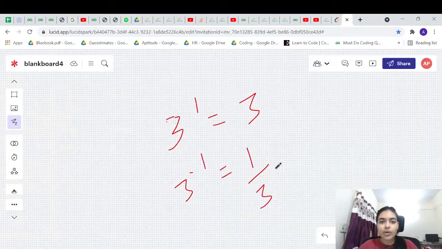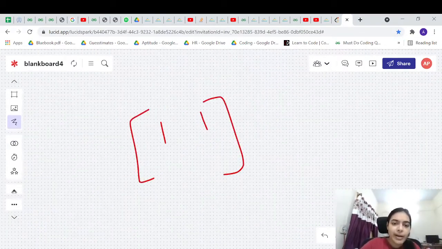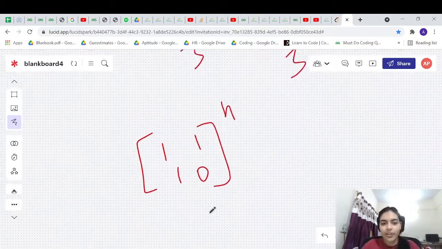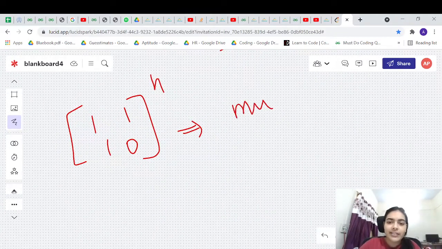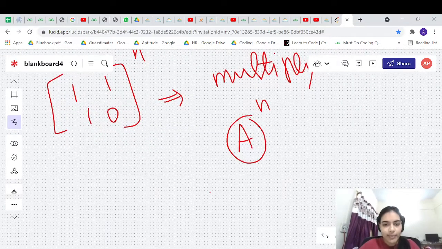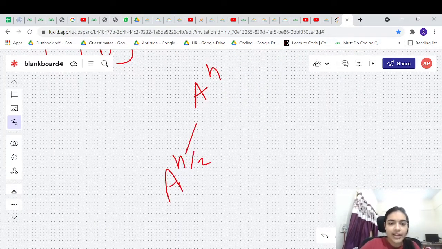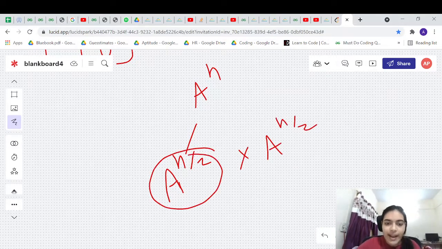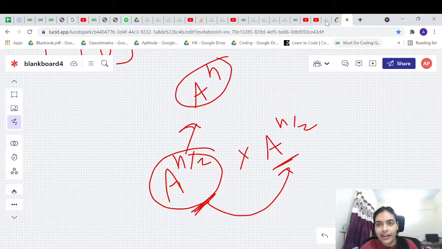This is the same code we are going to use. Here we were multiplying numbers, but now we have to multiply matrices. We were multiplying this matrix n times to get the value, so we can use the same code when multiplying the matrix. Let's say we have a matrix A and we have to multiply it n times. I will find the answer for multiplying the matrix n by 2 times, it is the same matrix, and then I will multiply that answer again with this answer and return it. So I don't want to do the work again and again. That is the simple logic.